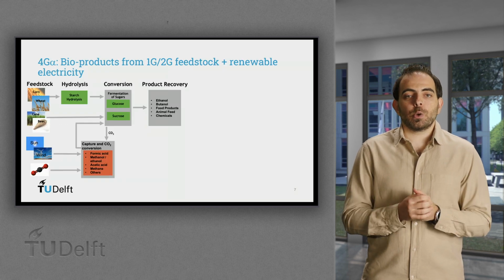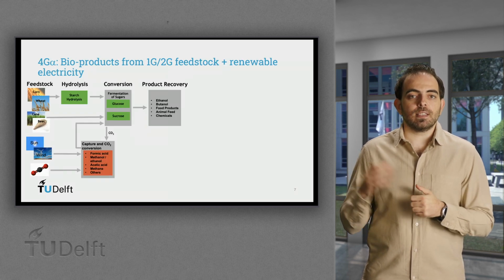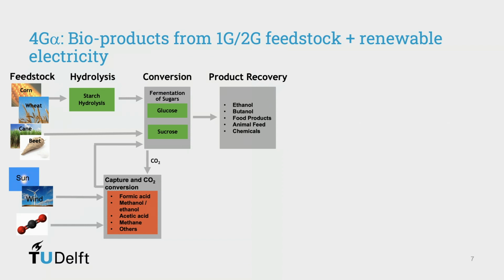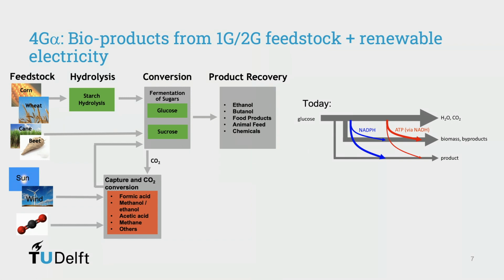The first concept of generation 4 feedstock is depicted in this slide. At the top, we simply have a sugar-based generation 1 or 2 fermentation process, which produces carbon dioxide. One could capture this CO2 and convert it using renewable energy to compounds which could be fed back to the fermenter. In generation 1 and 2 fermentation, the sugar is used as energy, electron, and carbon source for production, growth,